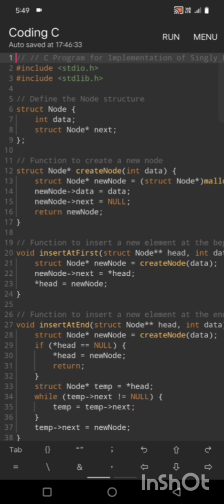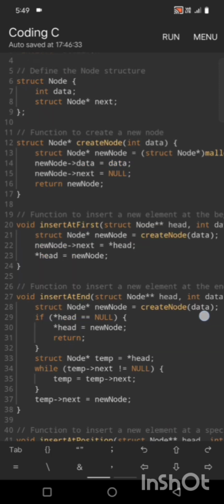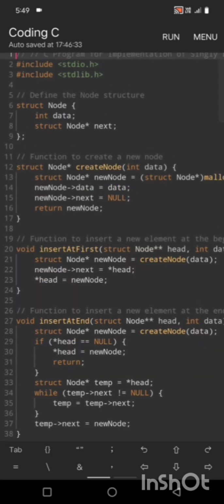First, we want to define a node structure, so I'm using a structure. So struct, and I'm keeping the structure name as node. In that I want to store a data and a structure pointer. So it is int data; and struct node *next;